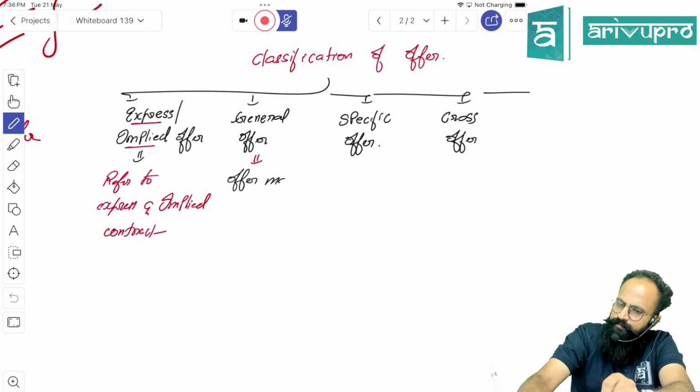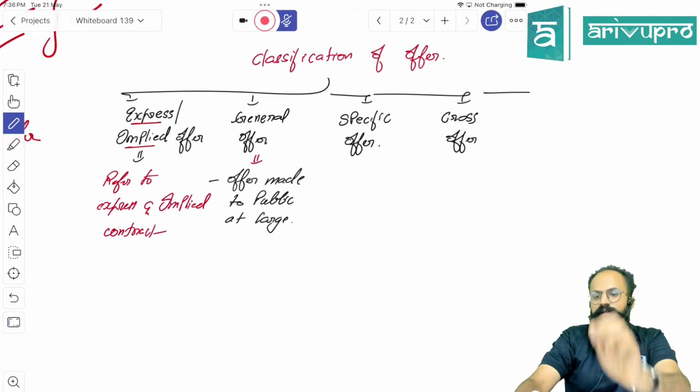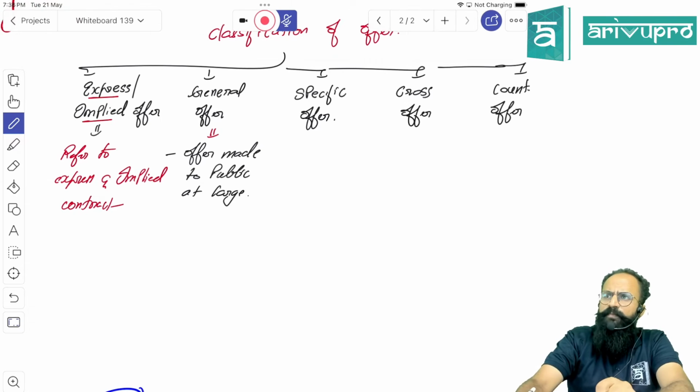Offer made to public at large. An offer made to public at large. People, for a contract to come into picture, what are the first essential elements, people? One is offer, and